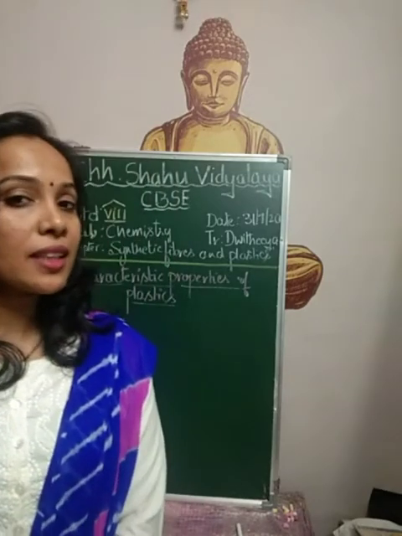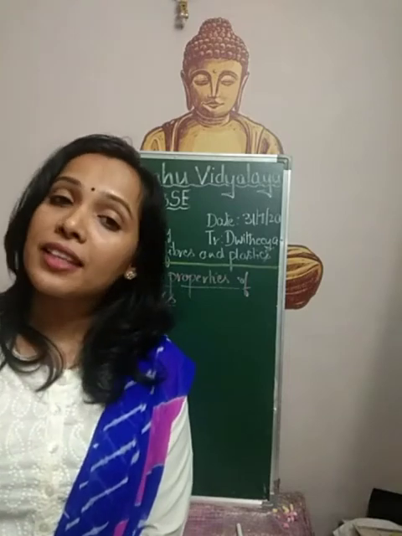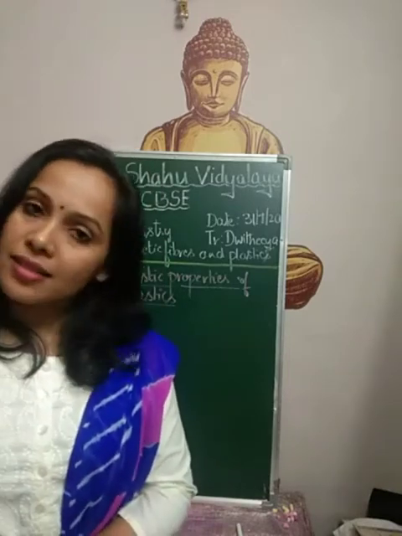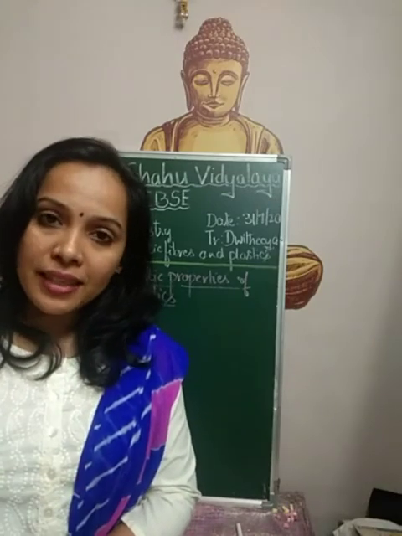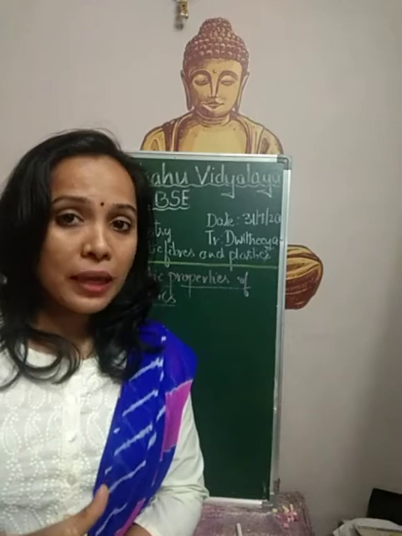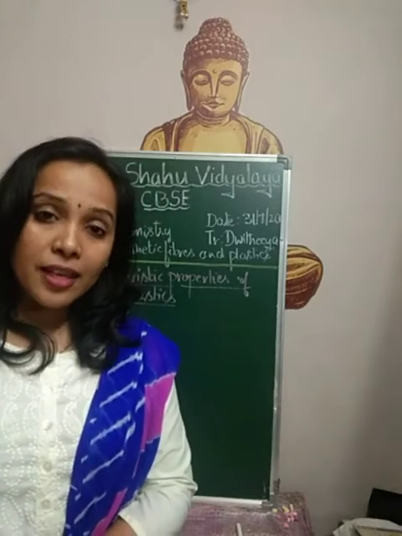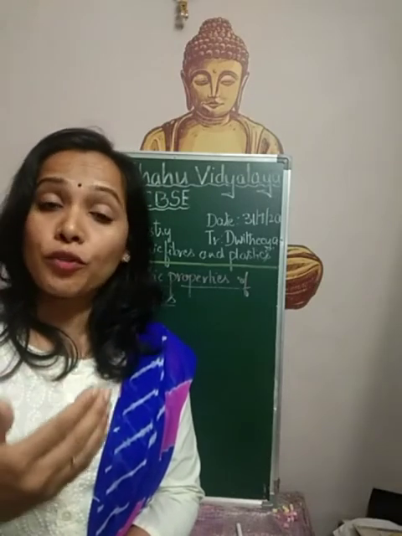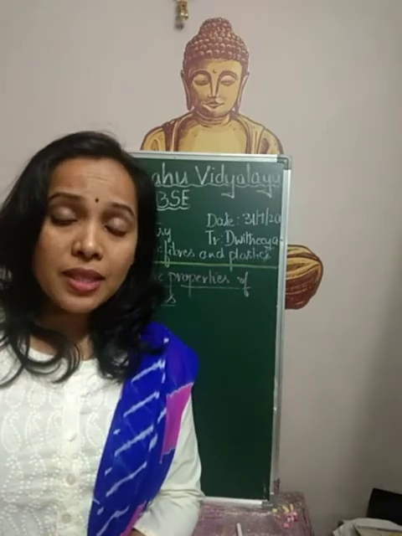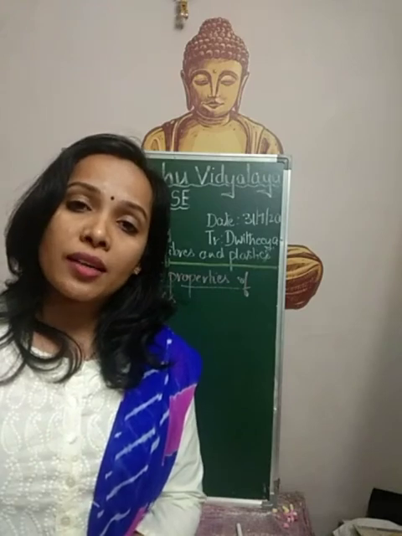So what did we learn in our 10th session? We have learned about the types of plastics, isn't it? We have two types of plastics based on the heat sensitiveness, that is thermoplastics and thermosetting plastics. We learned what we mean by thermosetting plastics, what we mean by thermoplastics, how we can differentiate between them, what the examples are, and where we use those different types of plastics. With examples we learned, isn't it?